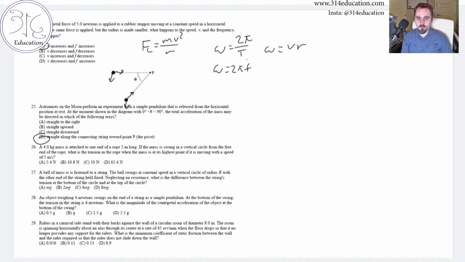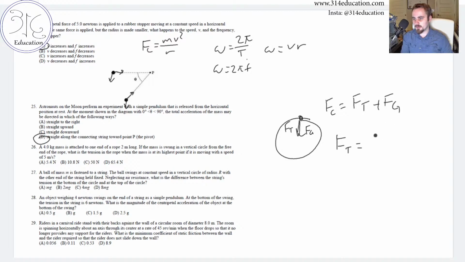26, we've got a 4 kilogram mass attached to one end of a rope 2 meters long. If the mass is swung in a vertical circle from the free end of the rope, what is the tension at its highest point? So at its highest point, our centripetal force is the force of tension plus the force of gravity. So we get Fc is equal to Ft plus Fg,